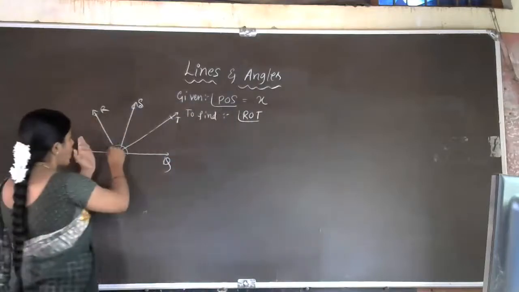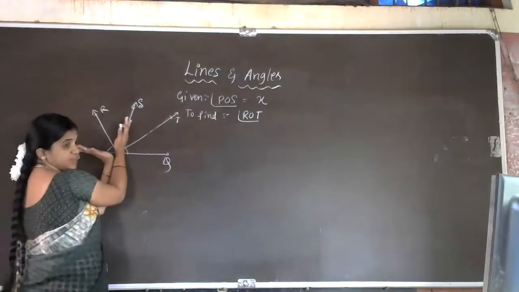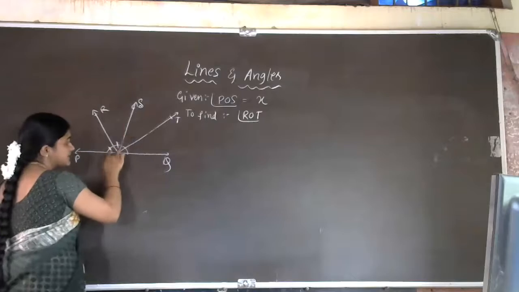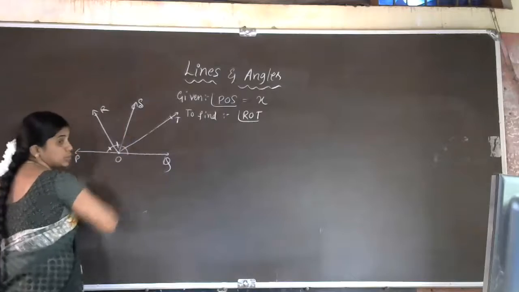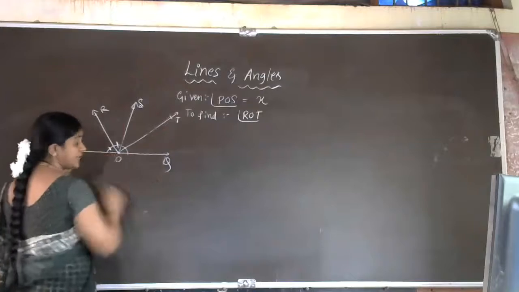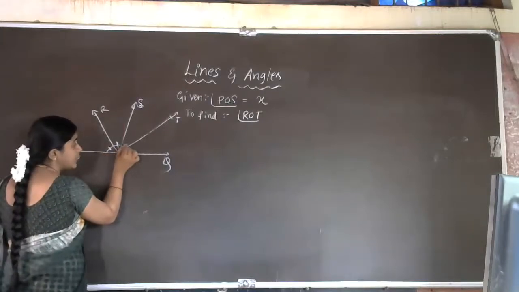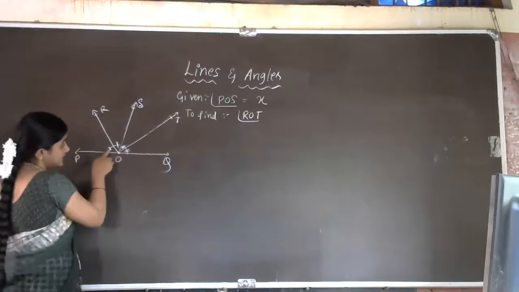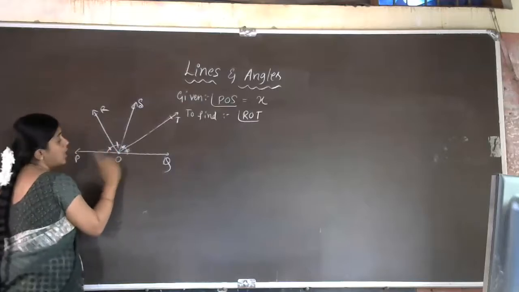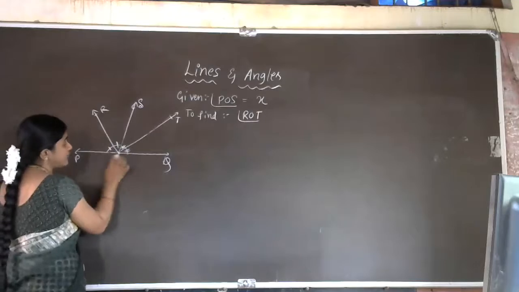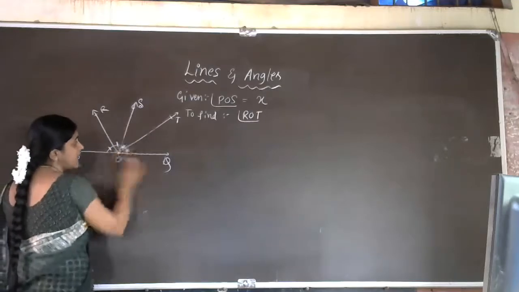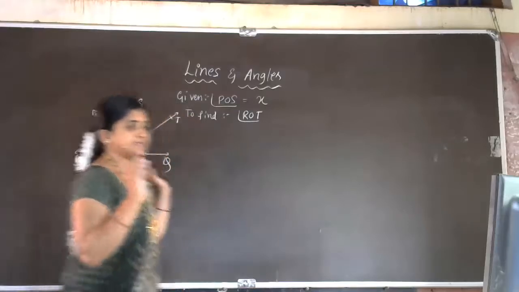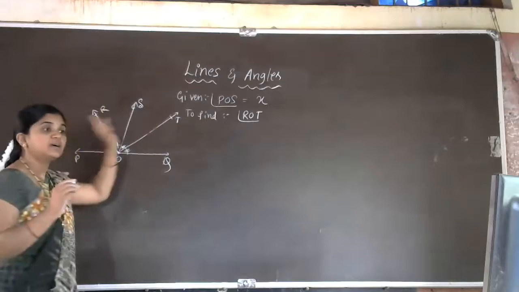So OR ray divides this POS angle into two equal parts, can I mark this like this with a single line? Okay, this angle is equal to this. Then this OT ray divides the angle into two equal parts, because this is an angle bisector. So this angle is equal to this, equal to this, equal to this. Or we can say that this angle is half of this POS and this angle is half of this SOQ. Can we use that concept? Yes. Now we'll start the problem.